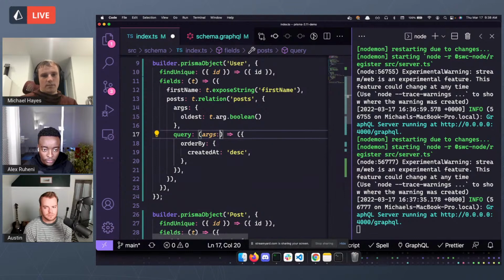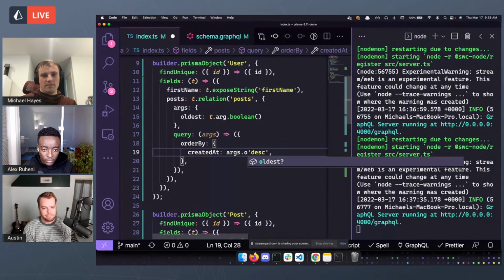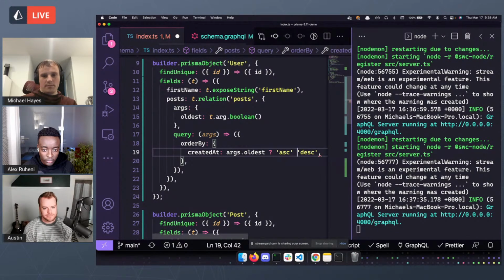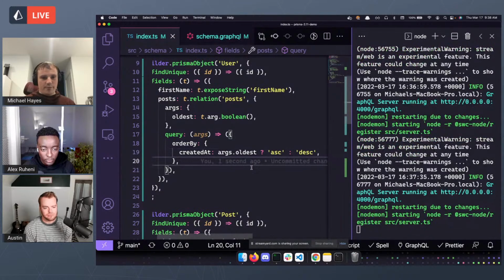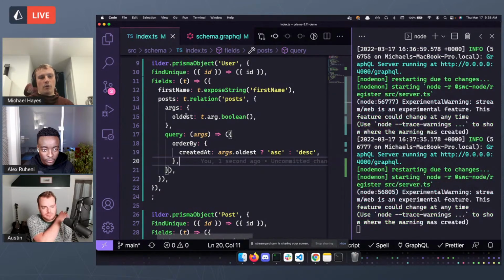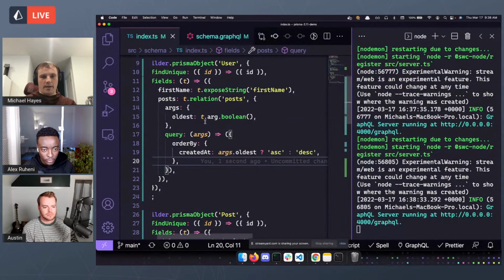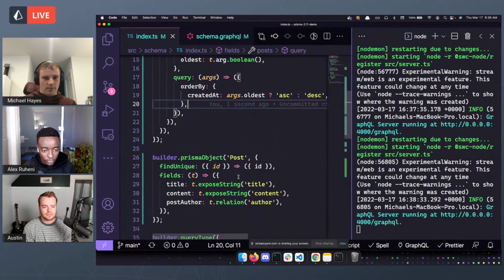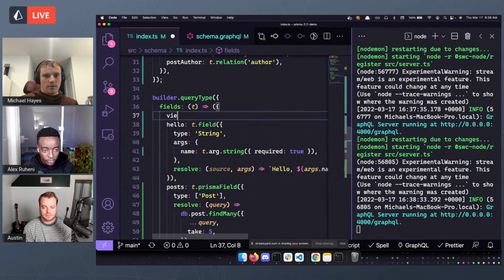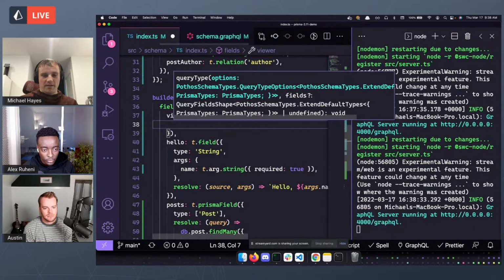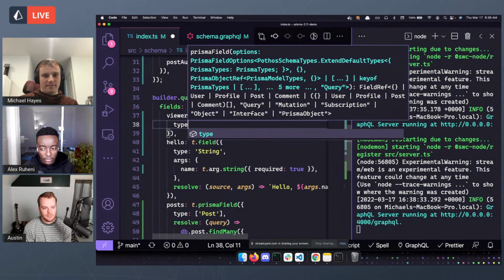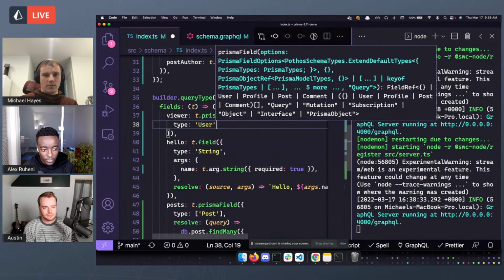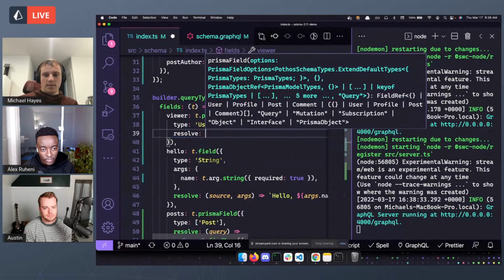And say, args.oldest, something like that. It's a pretty basic example, but now we've got an oldest argument on our posts field. And actually, let me also, for convenience, add a viewer, just so we can directly select a user. Okay. Grab a user, and then